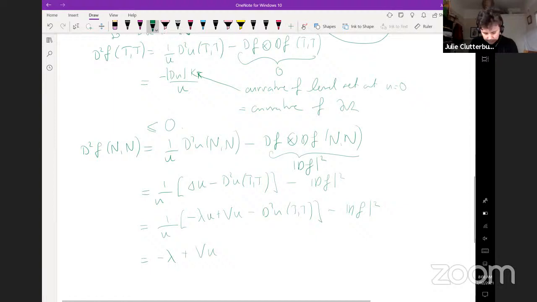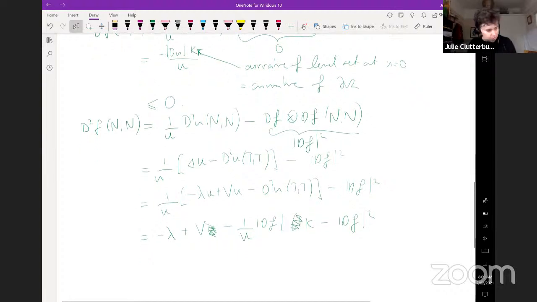And well, we can get rid of our u, that's potential. And here we've got a kappa term. And the point of all this is that